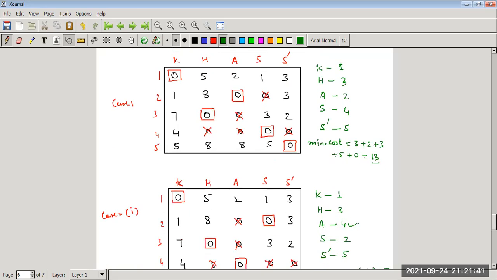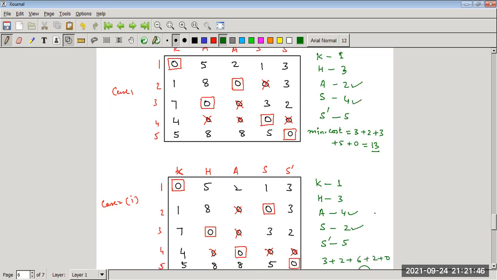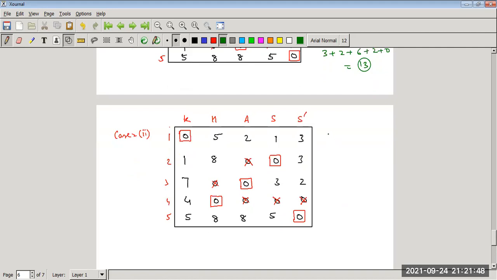यहाँ अदिति को हमने फोर्थ जॉब असाइन की, यहाँ अदिति को सेकंड जॉब थी, यहाँ शिवानी को सेकंड थी, शिवानी को यहाँ फोर्थ थी. नाउ कम टू दिस अगेन, कोमल को हमने फर्स्ट जॉब असाइन की, हिमांशु को हमने फोर्थ जॉब असाइन की, अदिति को हमने थर्ड जॉब असाइन की, शिवानी को सेकंड, एंड डमी को हमने फिफ्थ जॉब. नाउ व्हाट इज द कॉस्ट? मिनिमम कॉस्ट इज 3 plus 4 plus 4 plus 2 plus 0. So again 4 plus 3 7 plus 4 11 plus 2 13.